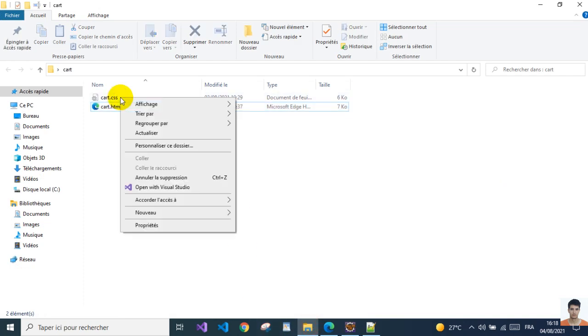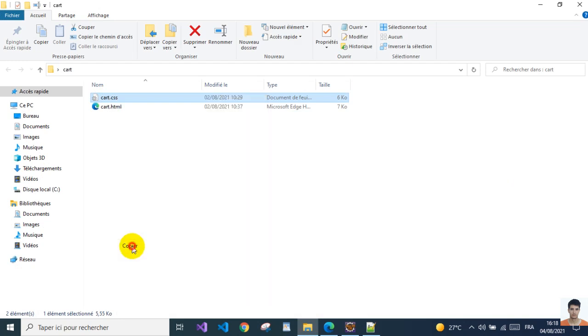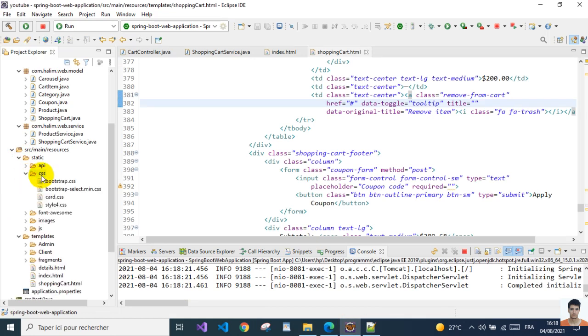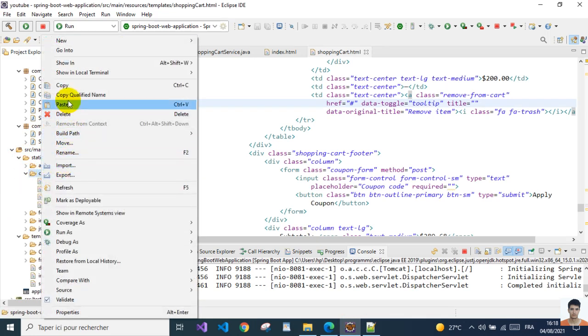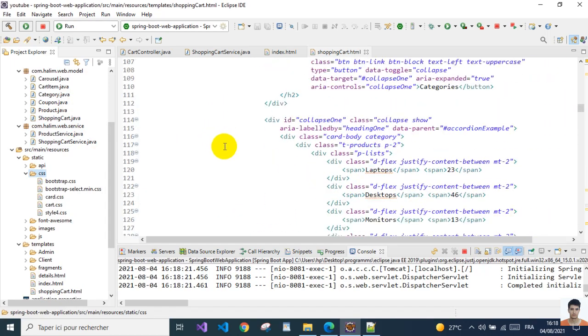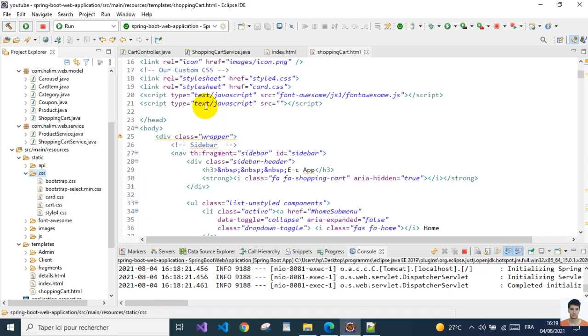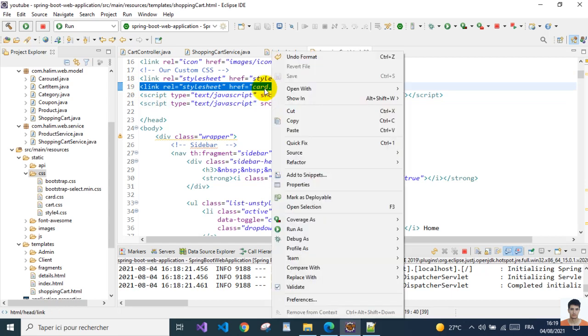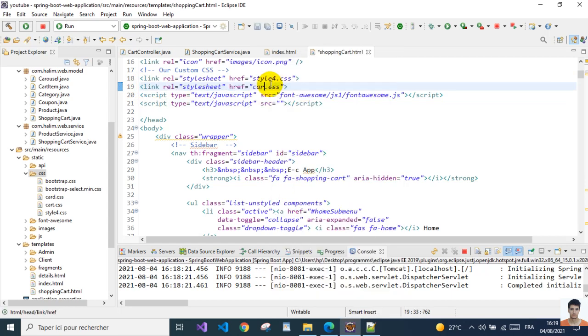So I'm gonna grab this CSS right here, copy it, go to static CSS, and just paste it, then go up here and adjust the style, which is gonna be just like that. Gonna get rid of this card because we don't have the card here, and I'm gonna name it the cards, because the card is for the